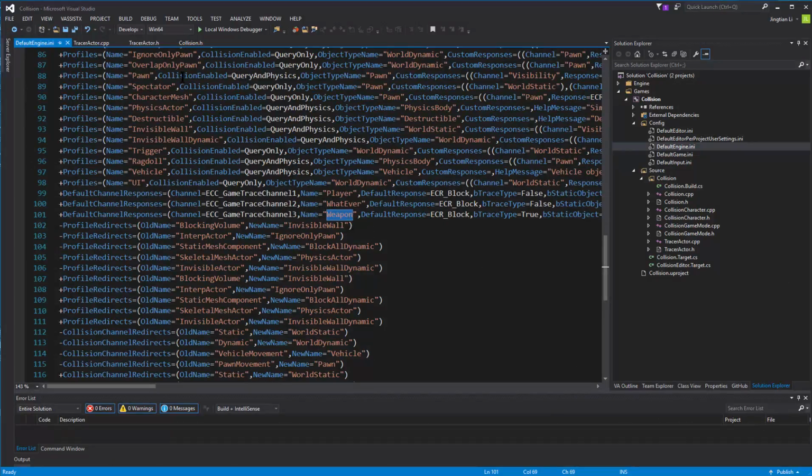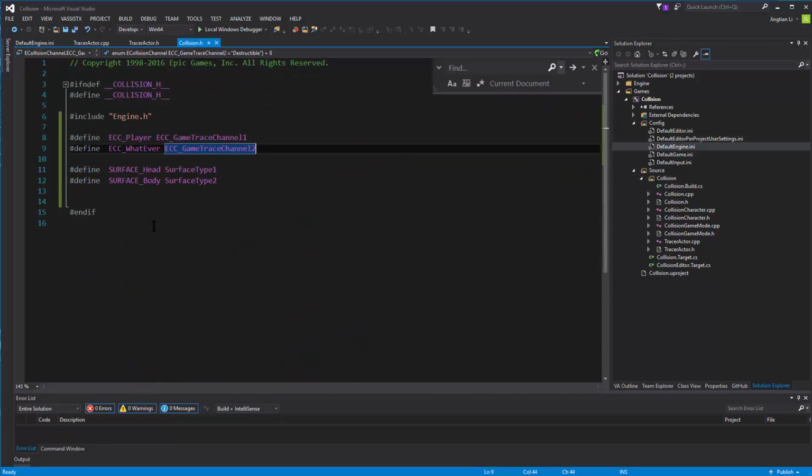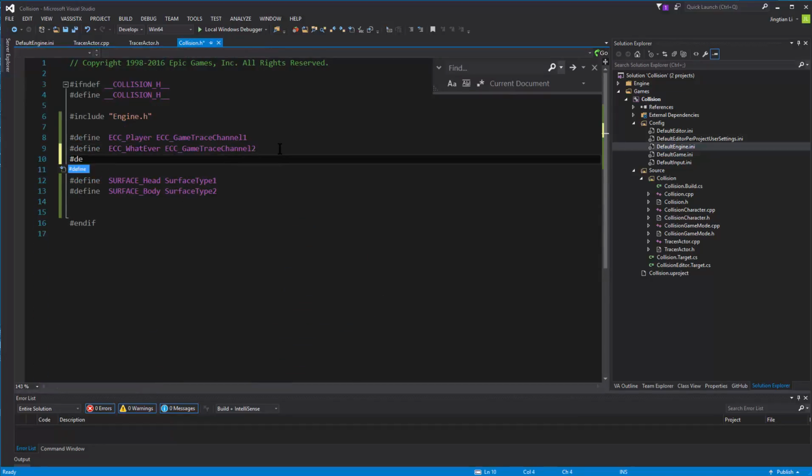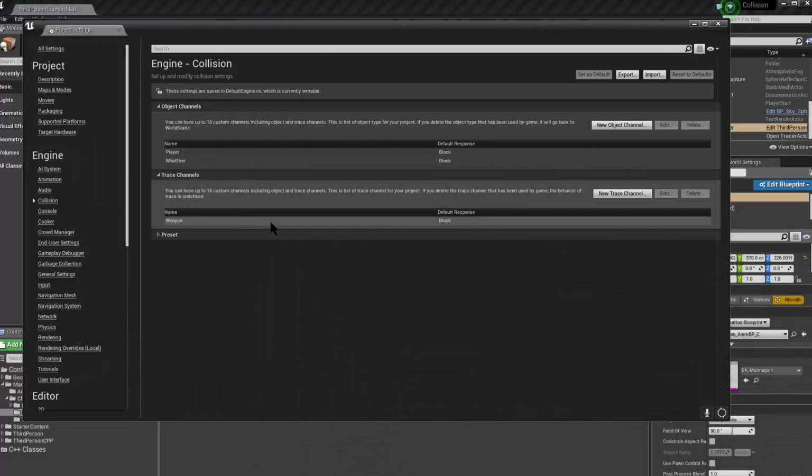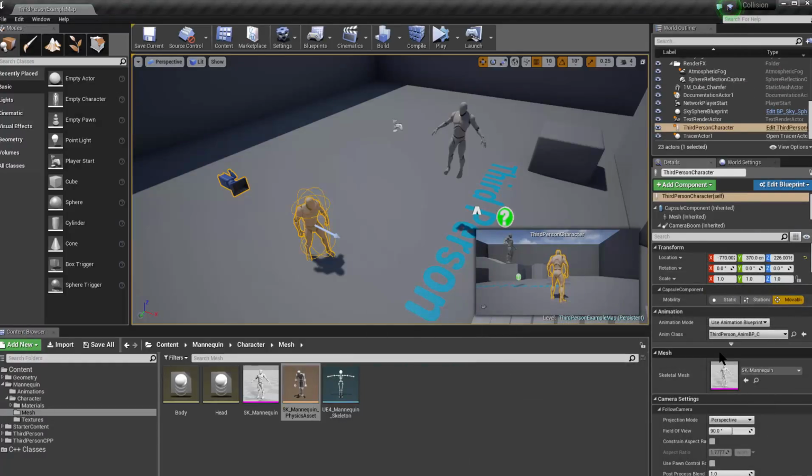So if you want to use any trace channel, you can use it in exactly the same way as how we use the object tab. So you can define ECC weapon, ECC game channel, it's being assigned game channel 3. So every time I refer to the ECC trace channel, I can use ECC weapon here, and that will be represented as a weapon channel defined